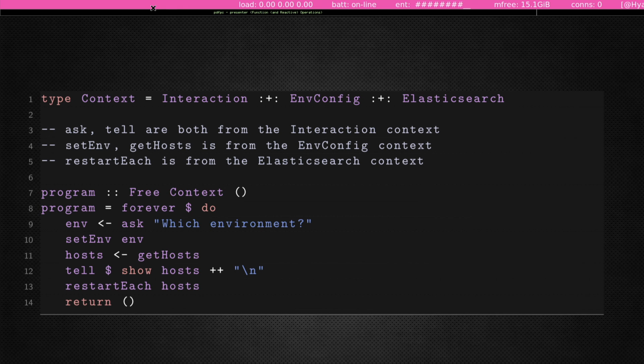If you're interested in the mechanics, this is just using free, as in free monads. This line at the top is basically a coproduct of these three different contexts that are, essentially, some types that describe what you want, like different actions.